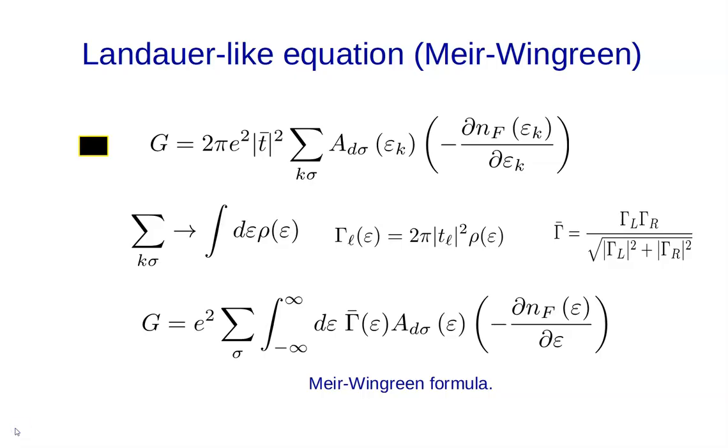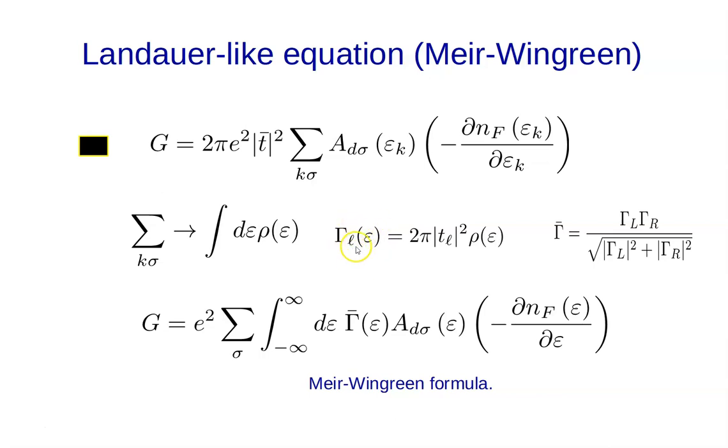So the final result here is that when we take the continuum limit, we substitute the sum over k, not the sum over sigma, just the sum over k, as an integral in energy times the density of states at that energy. This is an important factor that we mentioned in the electron gas, how this comes about. So this will become an integral with a density of states, and I define this